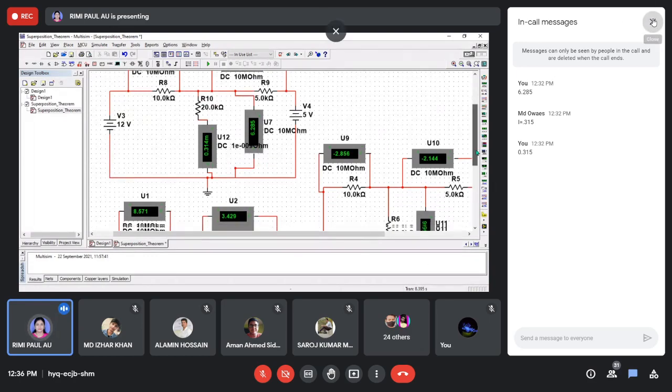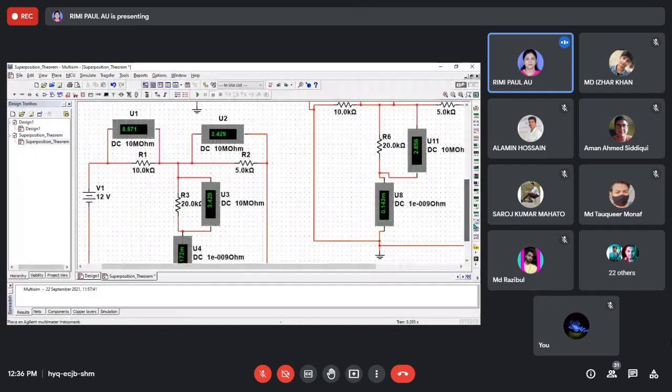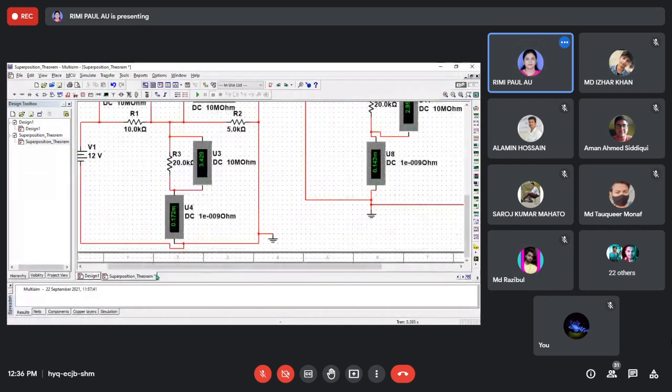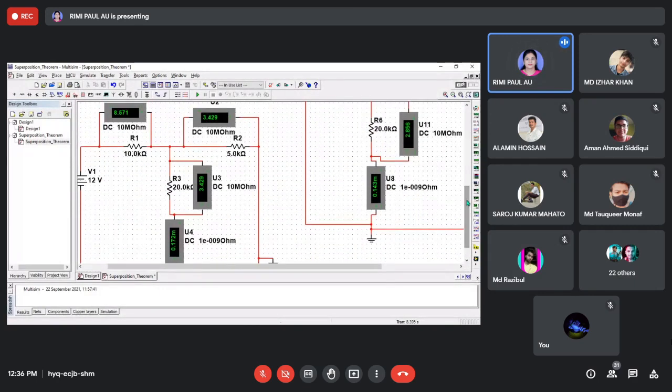Now the question was, someone asked me, ma'am, if I add these 2 voltages, will I get 12 volt, right? Now this branch voltage is 8.571, and this branch voltage is 3.429.